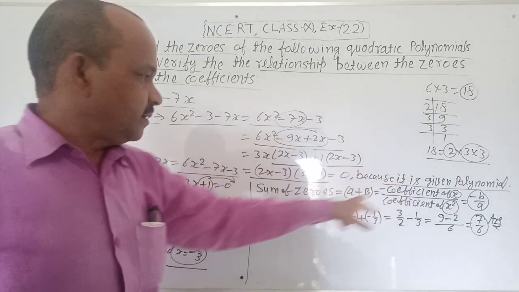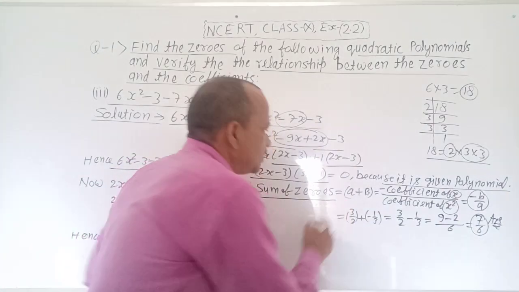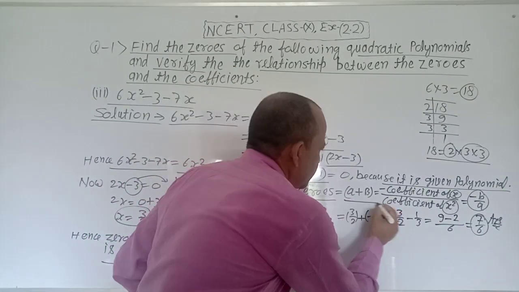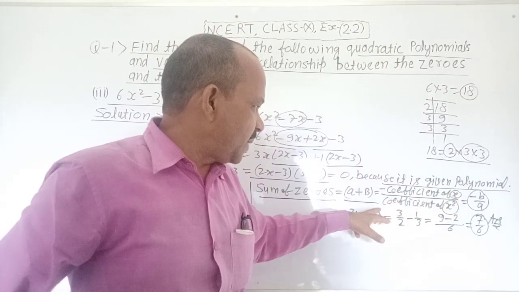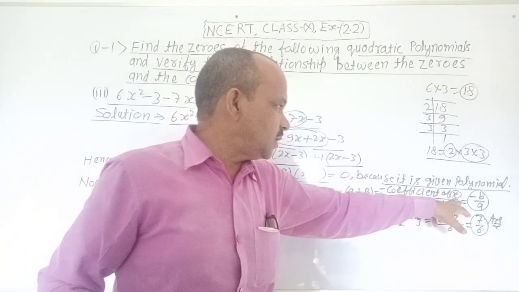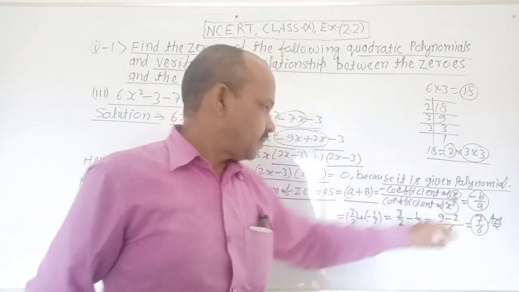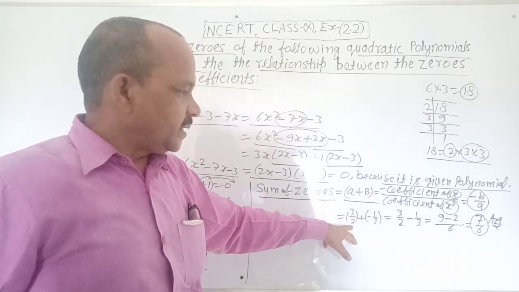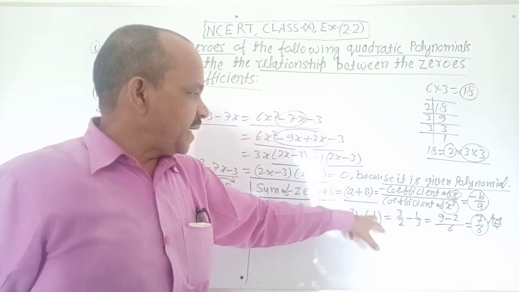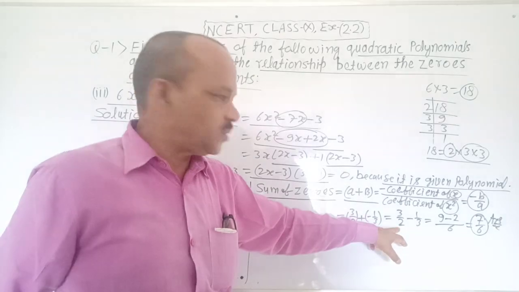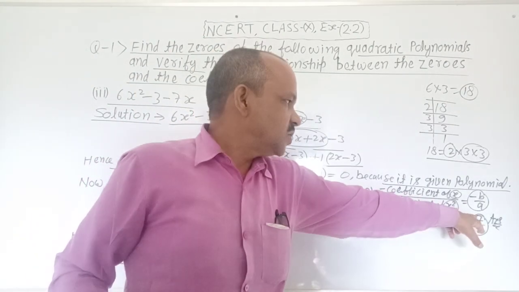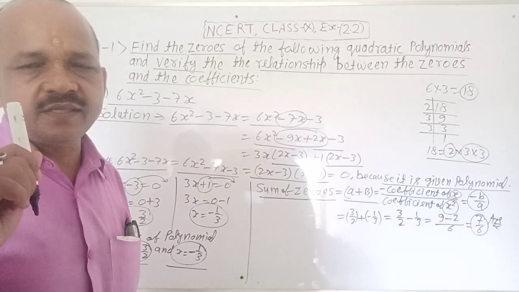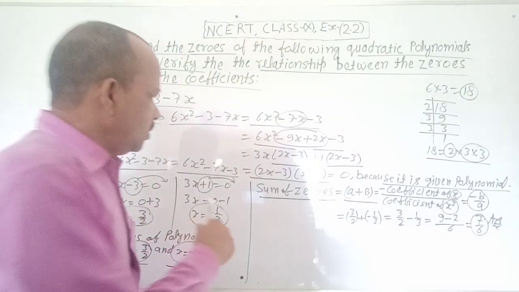It is clear? It is sum of zeros. Sum of zeros equal to minus coefficient of x upon coefficient of x square equal to minus b by a. 3 by 2 plus minus 1 by 3 equal to 3 by 2 minus 1 by 3 equal to 9 minus 2 by 6 equal to 7 by 6 is your answer. Clear? Now